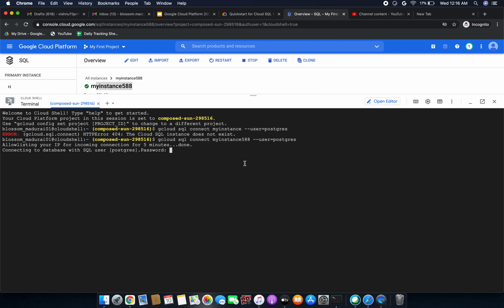It's taking some time. Yeah, password we have to enter it. I am entering the password. Just enter it. Yes, done. You can see the prompt now. It has been changed to postgres.